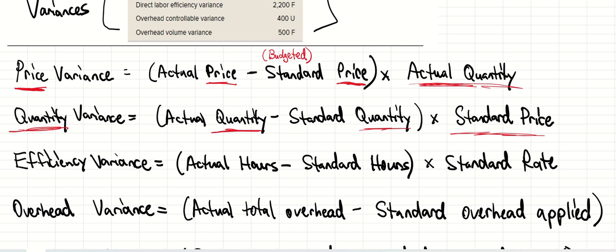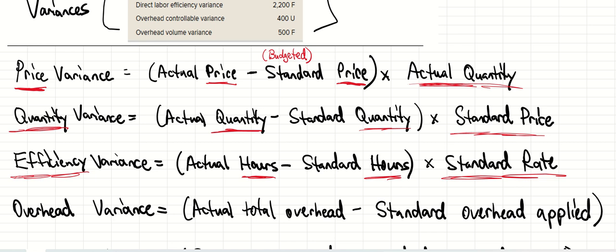So then we drop down to efficiency variance. Efficiency variance focuses on, well, it is efficiency, so hours. How efficiently can you complete a task? And that is determined based on hours. It's calculated by taking actual hours, subtract out standard hours, budgeted hours, and multiply it by the standard rate. Again, when it comes to the standard rate versus actual rates